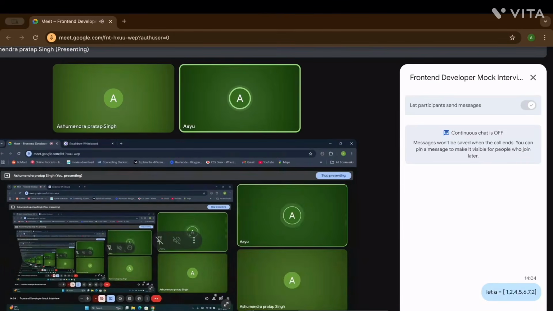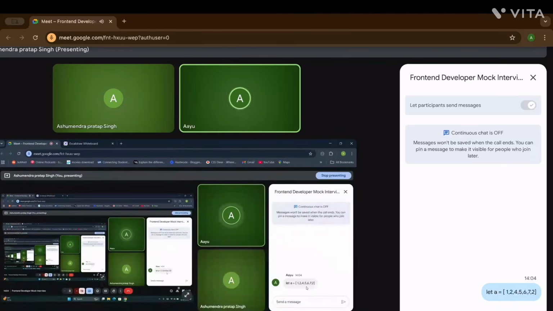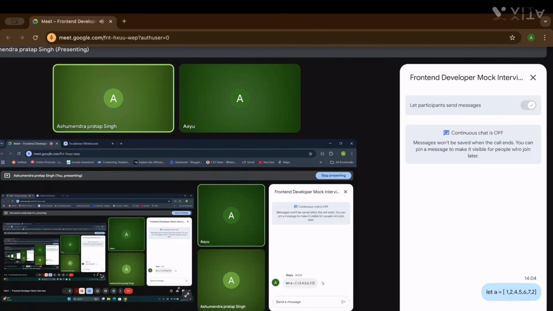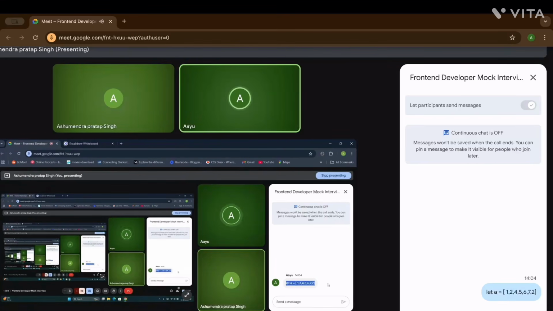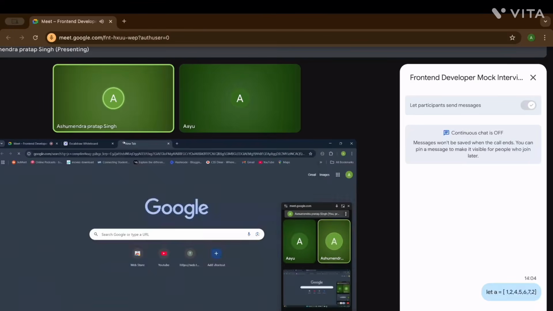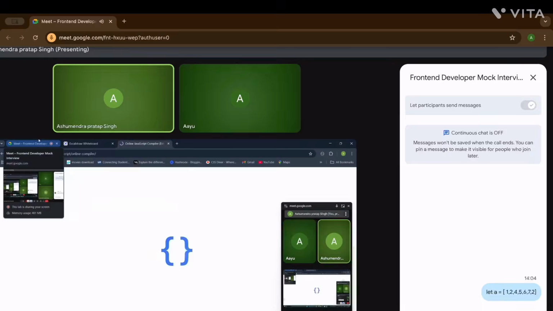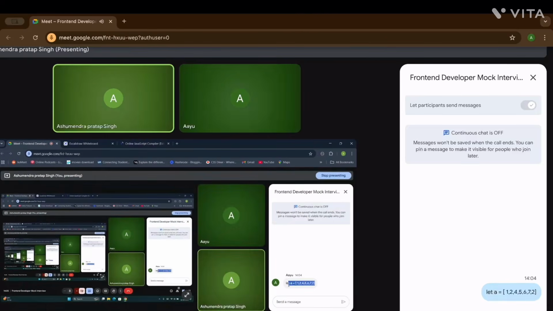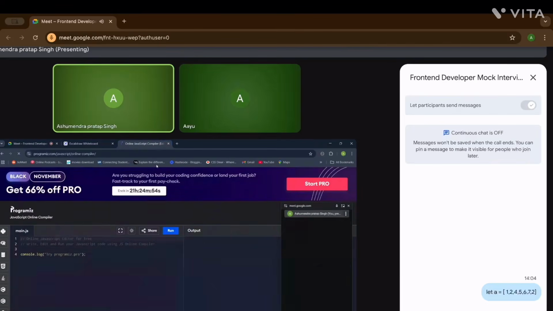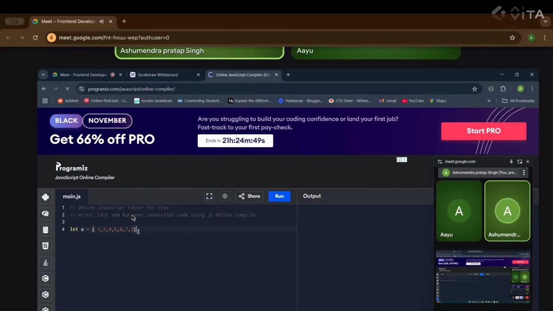This is the array, right? You have to find the duplicate element, like two occurs two times here.